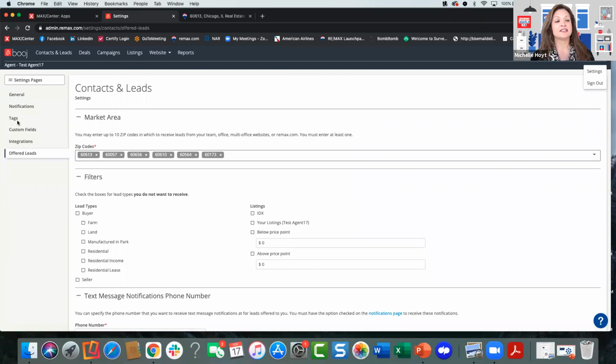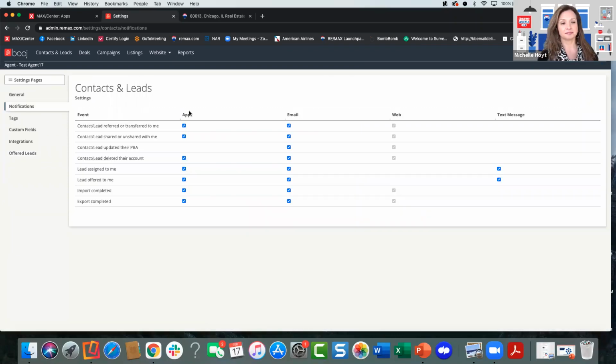Now let's move on to the notifications. This is a very, very important section also. What this is going to do is enable you to be notified of all the lead activities and things going on in your account in various ways. Now the in-app push notifications are still in the process of being worked on, but you will get email notifications, you'll get text messages, and where it says web, it's grayed out because